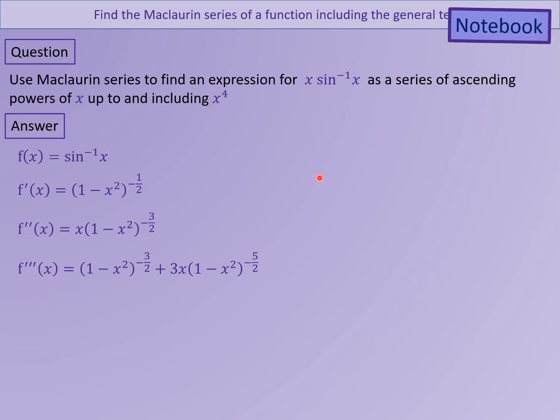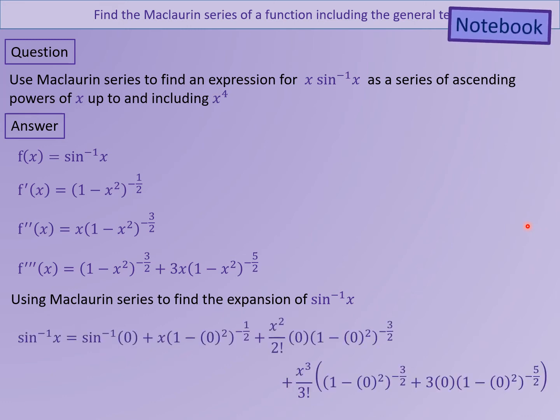That's far enough because that's going to get me up to x to the power 4. I don't need to worry about doing any more, although if I needed to, I could still do the chain rule, do the product rule, and get some more answers. What I do need though to use Maclaurin series is know what each of these are with 0 in for x. Okay, so if I do that,